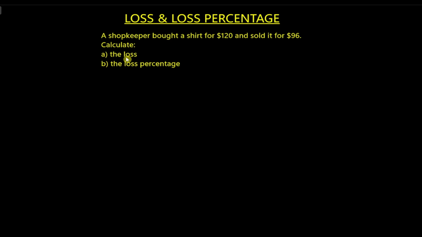The first question says a shopkeeper bought a shirt for $120. So now this becomes the cost price, and sold it for $96. Now this is the selling price. Calculate the loss and then the loss percentage. The first one, there are some formulas you have to know. You have to know that